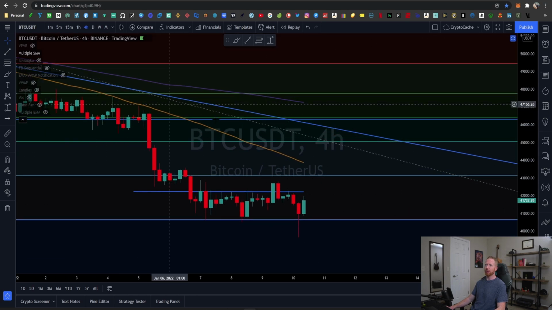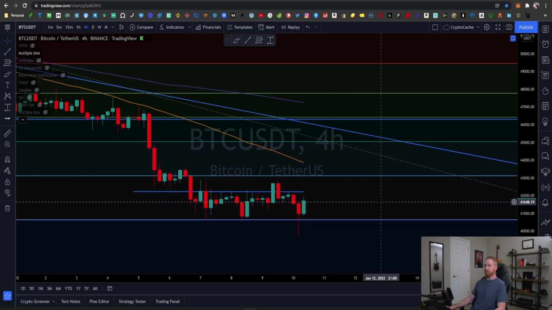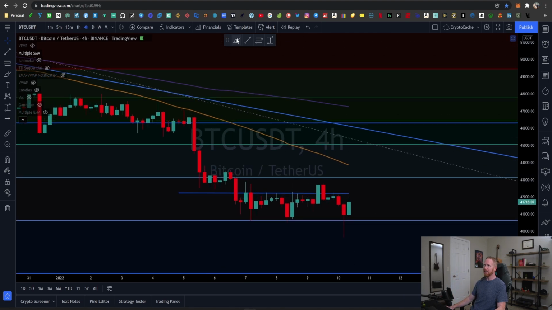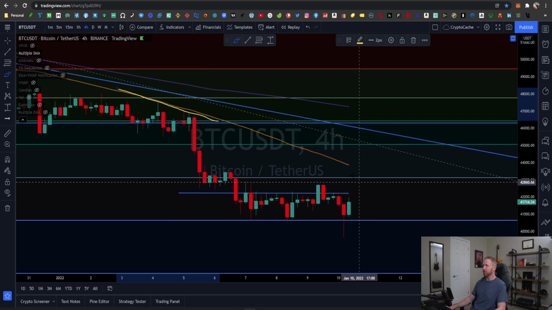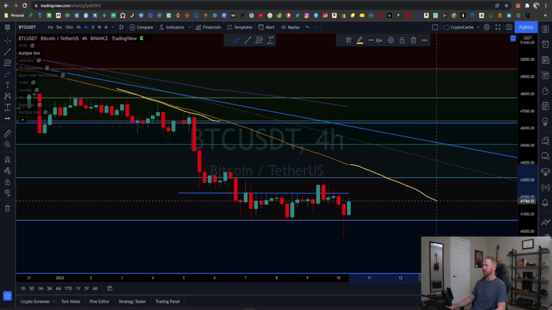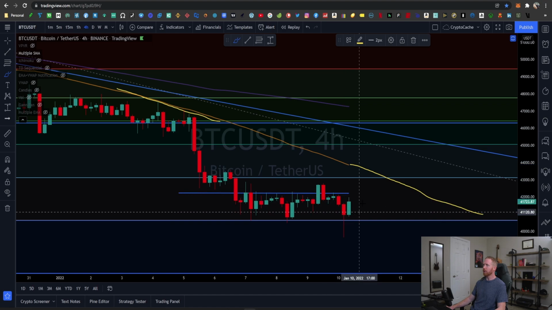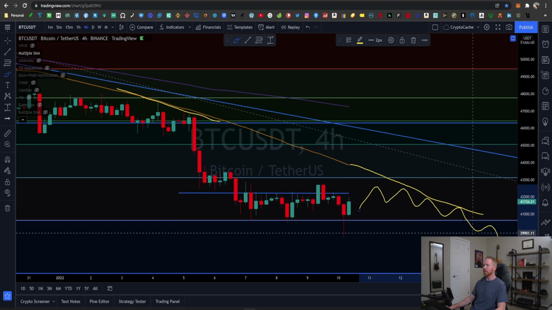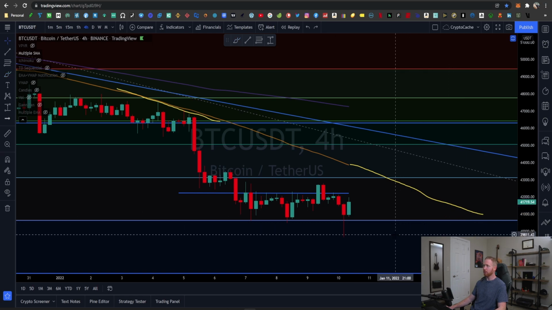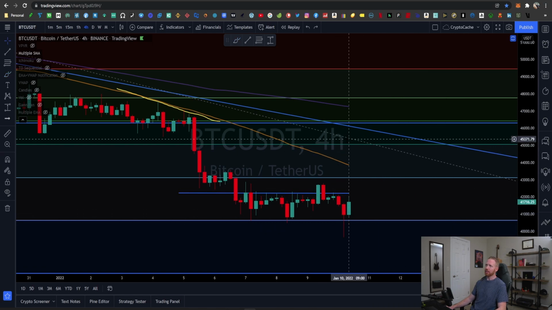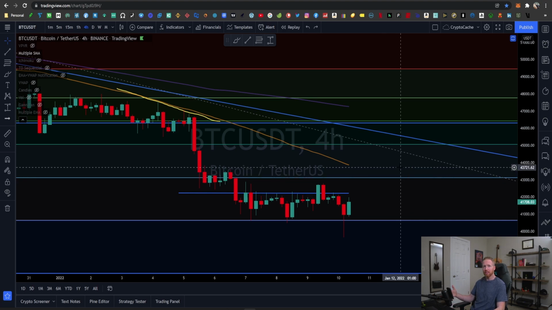Still the same scenario here, of course. We've got the 50 working its way down. It's probably going to intersect with the price action within the next 24 to 48 hours, provided the price doesn't go down further. What we're hoping not to have happen is this right here, where the 50 comes down and just holds the price action lower. If the 50 does continue to progress down like it has been, then we will see the price get pushed down. That could push us out into the end of the week, more so this Friday or so, when we could see the 50-day intersect with the price action. Of course, it all depends on where the price is at that time.